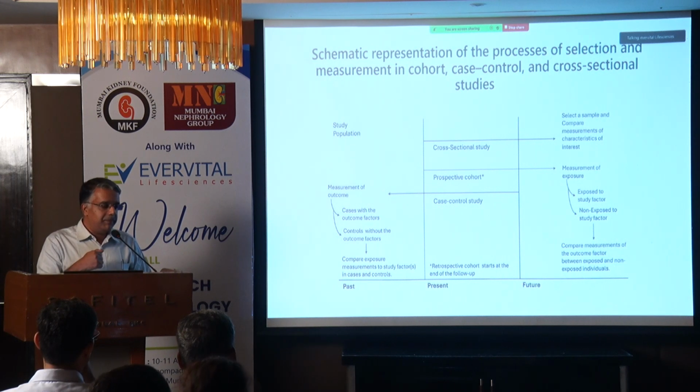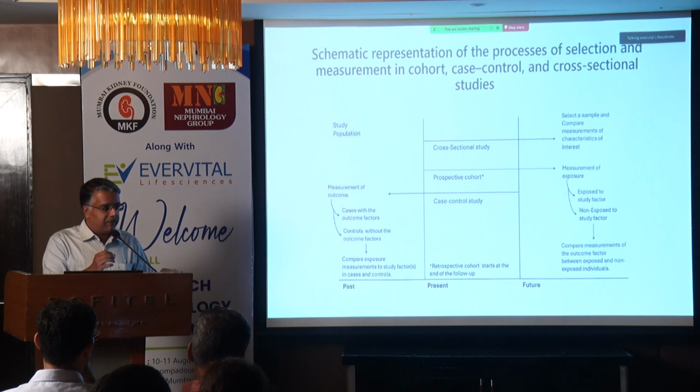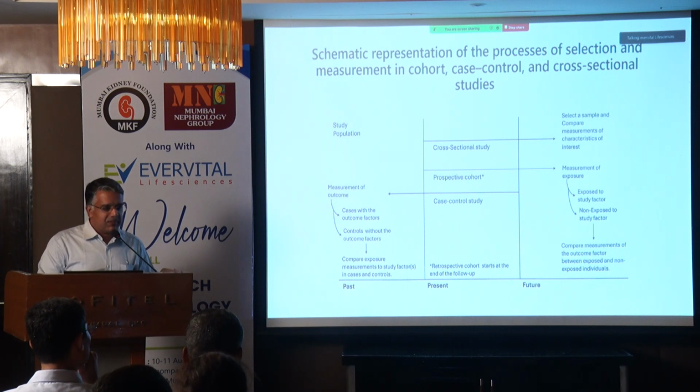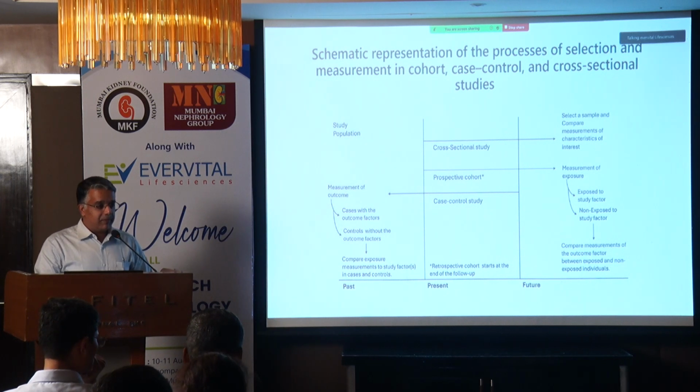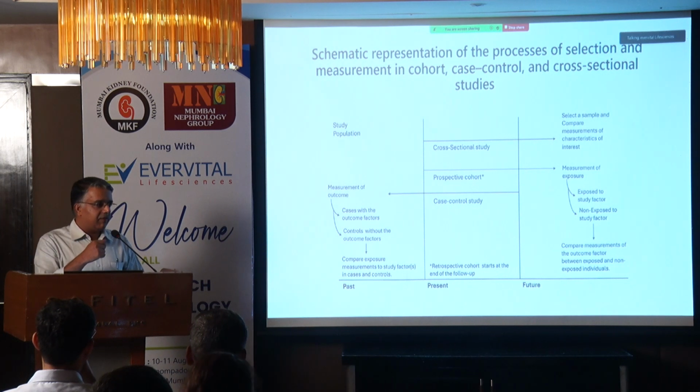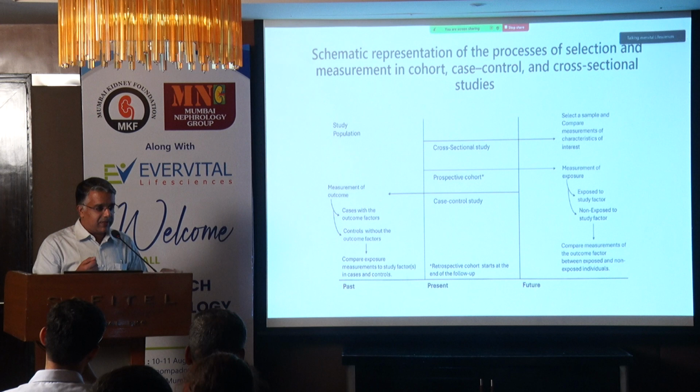All of this will be predefined. What exactly you will be looking at, what outcomes you will be looking at, and what analysis you will do at what point of time will be predefined. Case control study is usually retrospective, where whatever has happened has already happened. For example, the typical example given in statistical texts is lung cancer. You look at people who have lung cancer, then you compare with a group of people of similar background who didn't develop lung cancer, but the smoking has happened in the past. Whatever had to happen has already happened, right? So